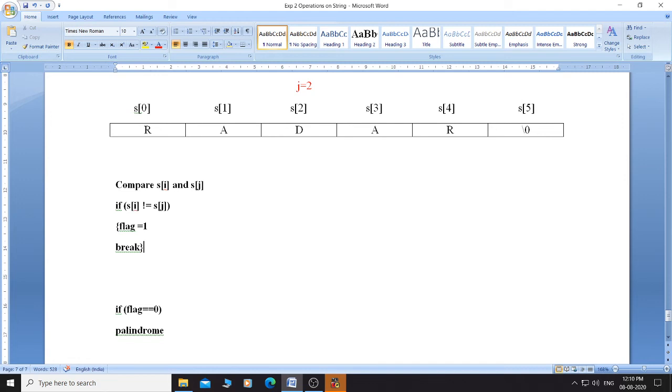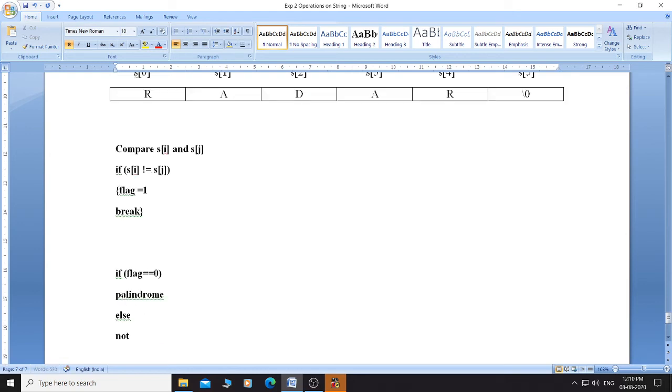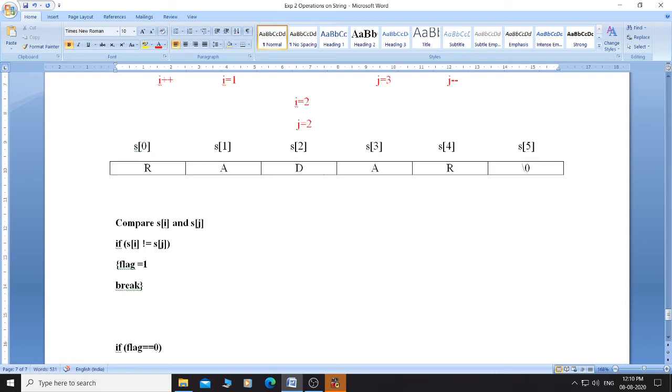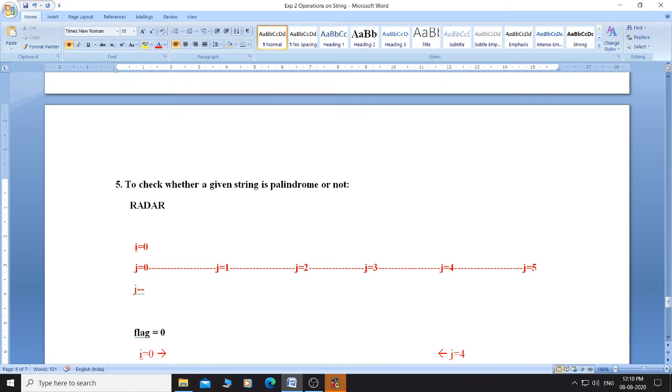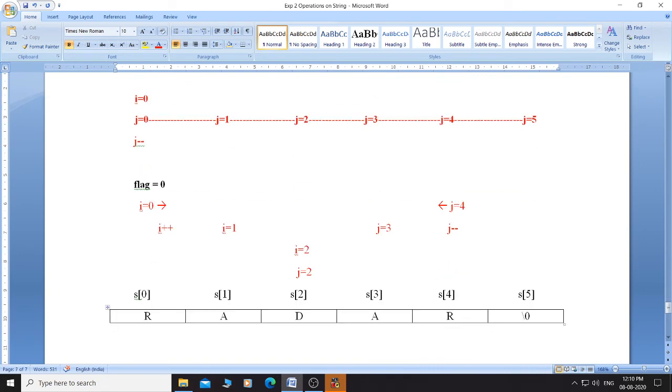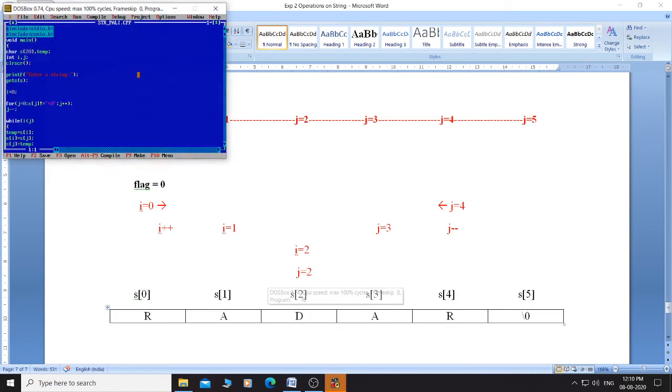And after coming out of the loop check the value of flag. If flag is still 0 means string is palindrome, and if it is not 0 means string is not palindrome. Okay, so this is the logic for checking whether a given string is palindrome or not. So we will do this in a program now.